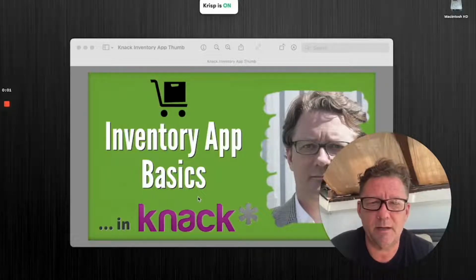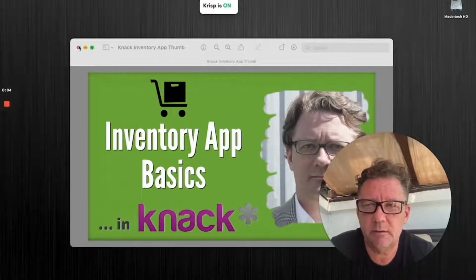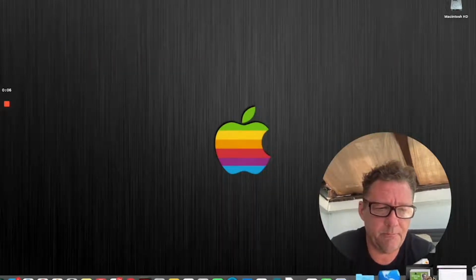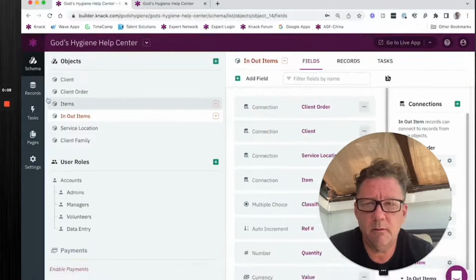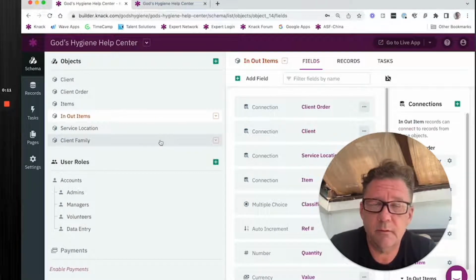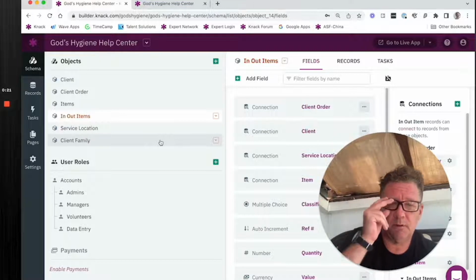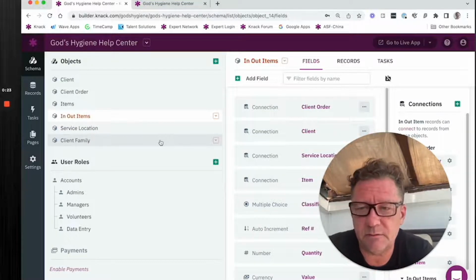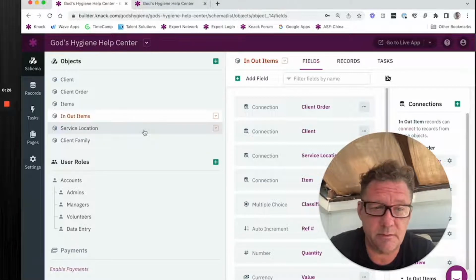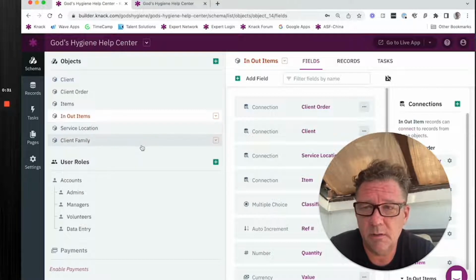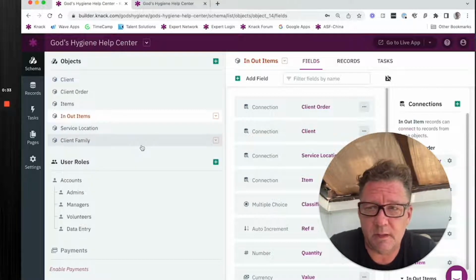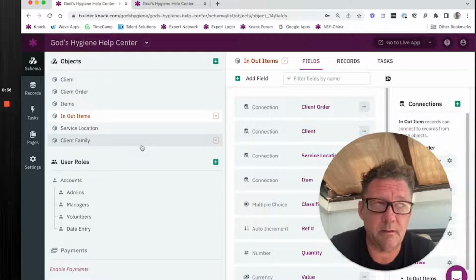Okay, I'm back. Let's just jump right into this. I'm going to call up an app here. This is a nonprofit that gives away hygiene products to people in need, and they asked me to build an inventory system for them. This particular inventory system addresses locations. They have several locations, but I'm not going to get into that. That's a little more complex. I just want to go through the basics of the objects you're going to need, how they're connected, and the